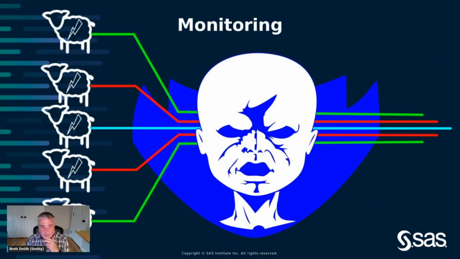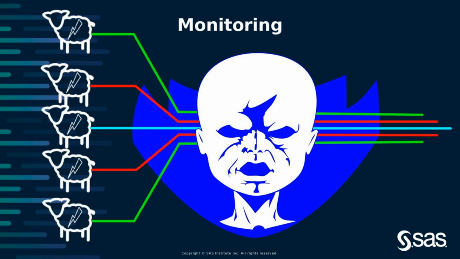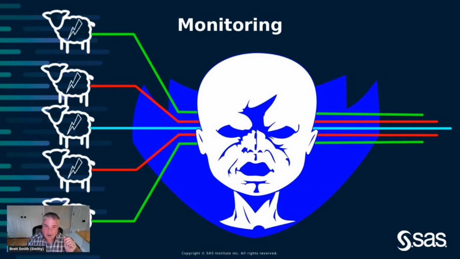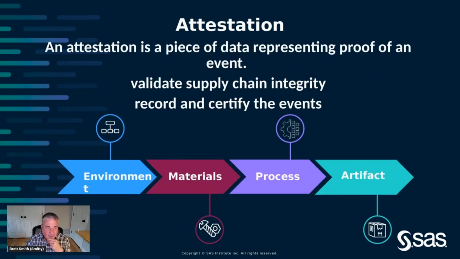Monitoring. Monitoring is great. We should do that. However, verification of environment, materials, process, and artifacts before running the actions increases security. And look, I'm not telling you not to monitor. Monitoring and auditing is a big part of the EO 14028 focus, but closing attack vectors should be priority number one.